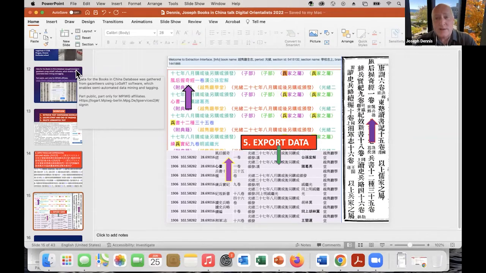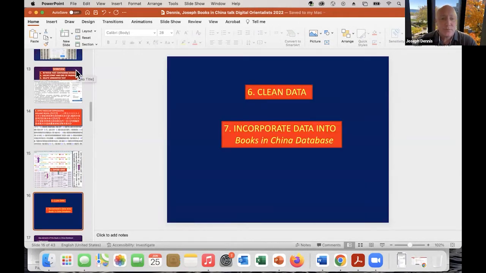I exported as an Excel file. And then there's a lot of data cleaning and research to identify the dates of the books. So every book has to have a place and a date. And that's the most complicated part of making the data set that becomes the back end of the tool.